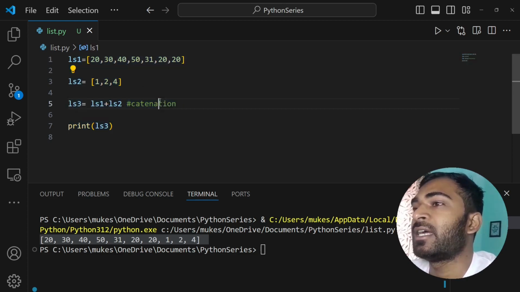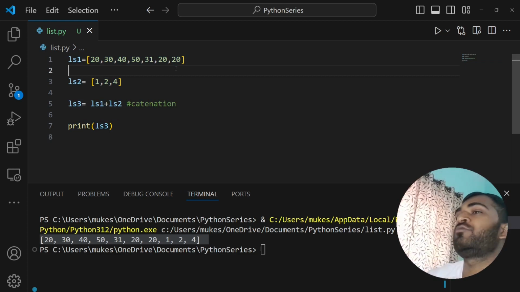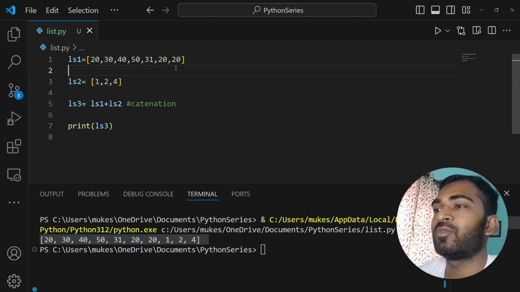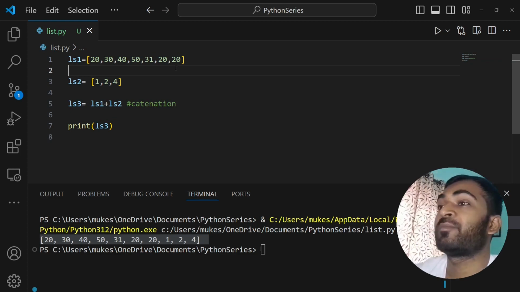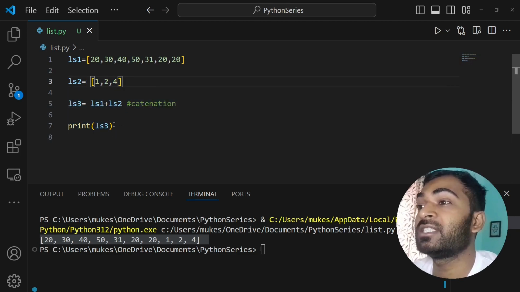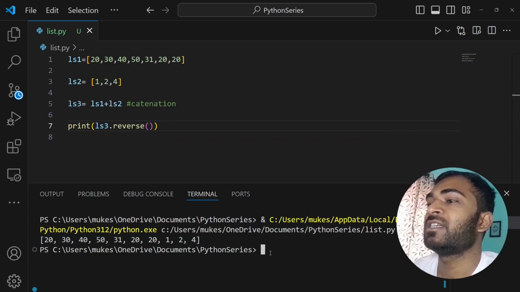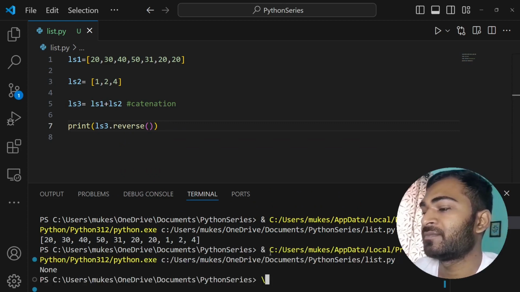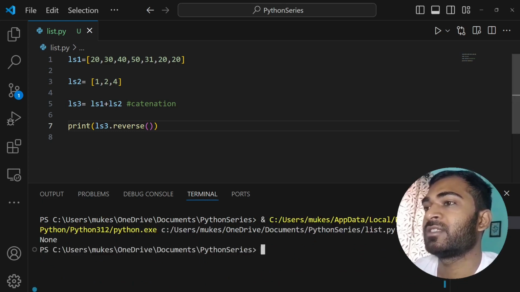So this is how you access elements in lists and how you manipulate them. There are a lot more functionalities in lists. Go and check it out yourself from the Python documentation, there are a lot of functions. You can also reverse a list. For example, you can call list.reverse.